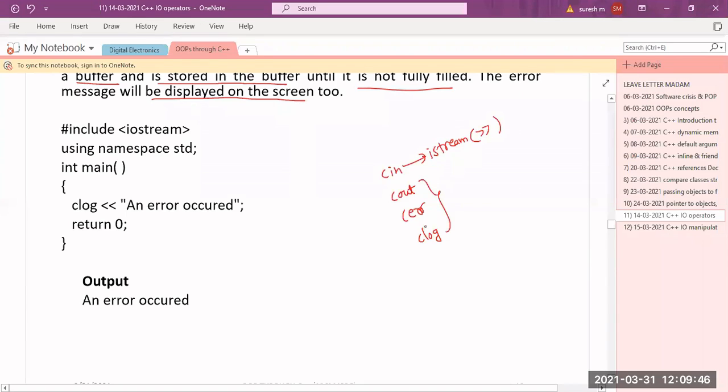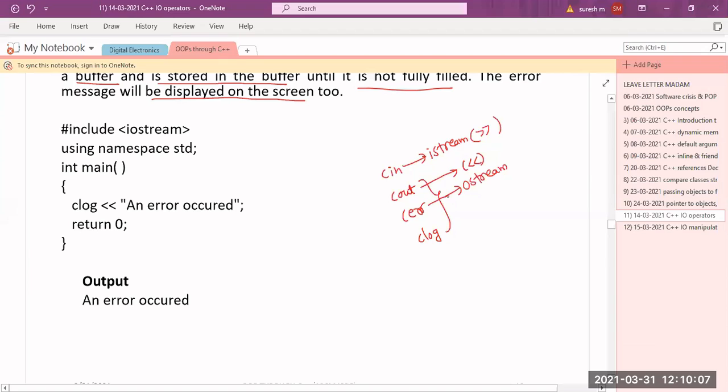And cout, CERR, and CLOG, these 3 are objects of OStream class. cout is an object of OStream class which is used to display the data onto the standard output device, that is monitor. And cout is always used along with another operator called the insertion operator.